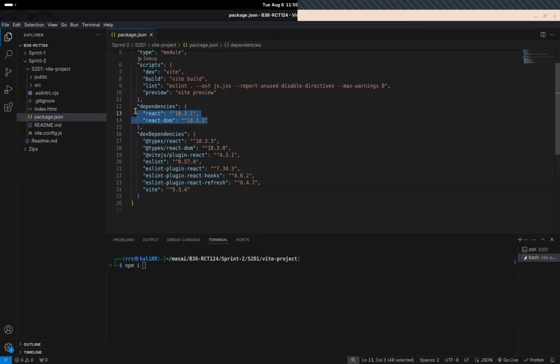Right? Okay. So in dependencies, currently we have two things, React and React DOM. Were these things that we had to install to run an application previously also, even in Sprint 1, we had to attach these things. Remember, right? So here, these dependencies are attached. All we have to do is quickly set things up. So once you have done that, you'll have to do an npm i. It's nothing but npm install. Clear? We'll press yes. And it will quickly install everything over there, right? So let's see.